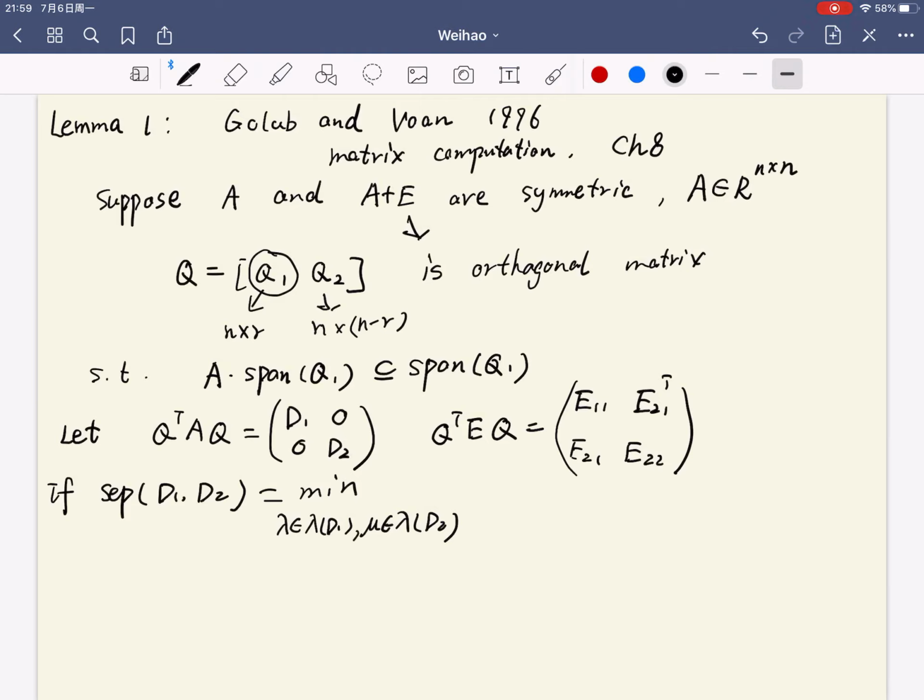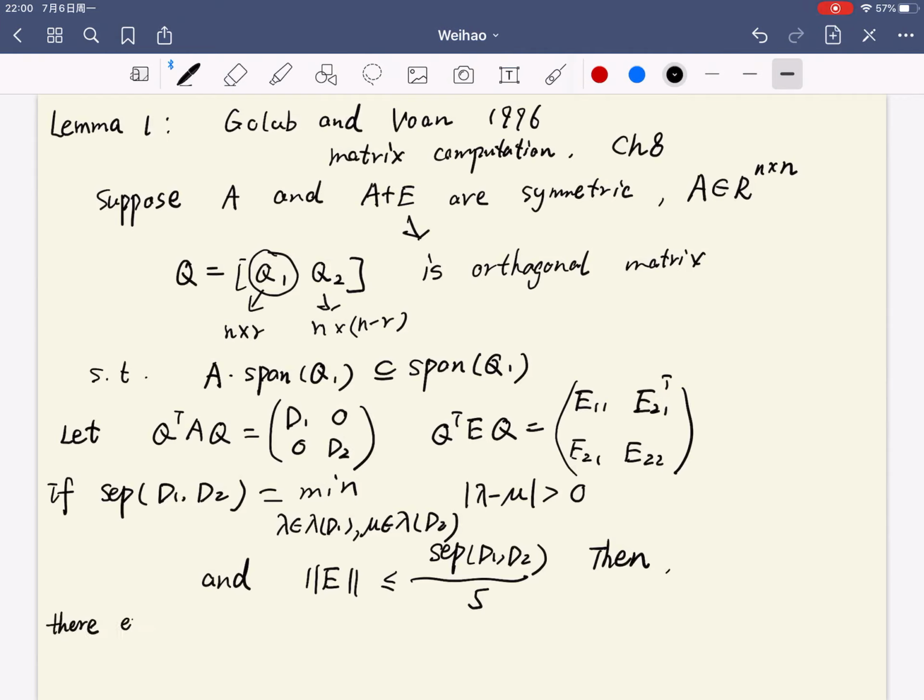If the separation of D1, D2 is greater than 0, and the perturbation error is less than the separation over 5, then there exists a matrix P in R